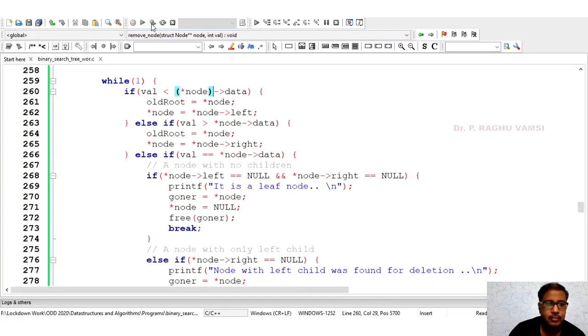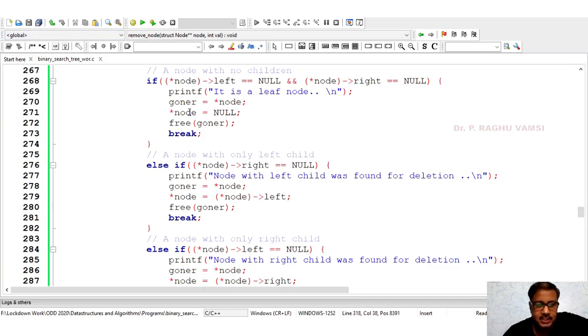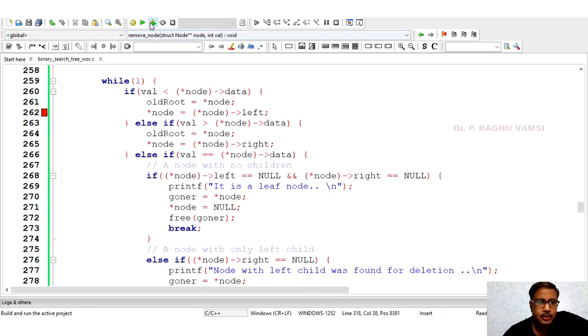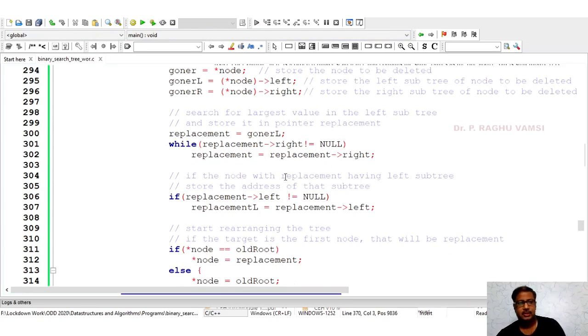So we'll run this. It is again asking here, so we need to place these brackets. What I'm doing is, wherever the star node arrow mark is there, I am replacing it with the version within the brackets. I have changed all occurrences by using find and replace. Now we'll see whether this particular function will run or not.